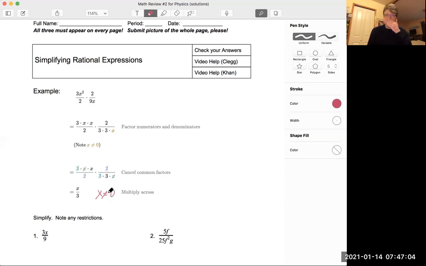Now the restriction about x not being able to be 0 was really obvious here because it's in the denominator, and you can see that x can't be 0 because it's right there. But once you cancel it out, that restriction is no longer apparent, so you have to make extra note of it right here. Okay,